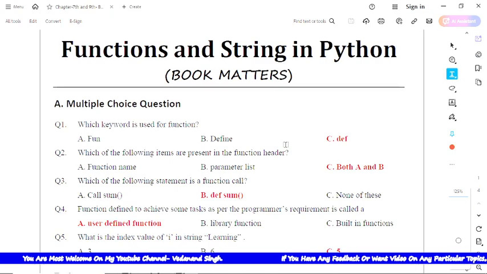Today in this video, I'm going to discuss the MCQs and true false along with the fill-ups of the chapters, functions and strings in Python. So the first question is,